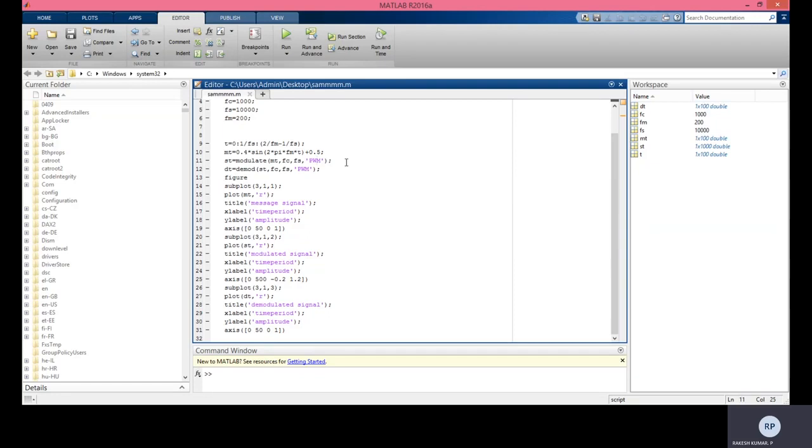Without writing the multiplication of the message signal with the carrier or the procedure involved in pulse width modulation, in MATLAB we have the advantage of the inbuilt function. If you use this PWM, automatically all the multiplications and whatever should be done for pulse width modulation will be done by this inbuilt function. PWM stands for pulse width modulation, and similarly here you will get the pulse width modulated signal.